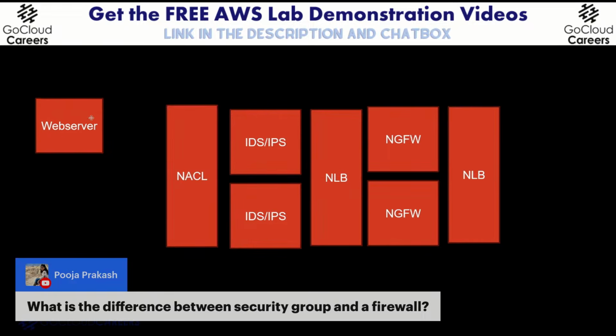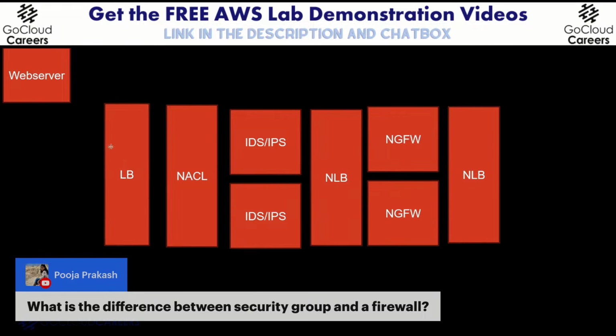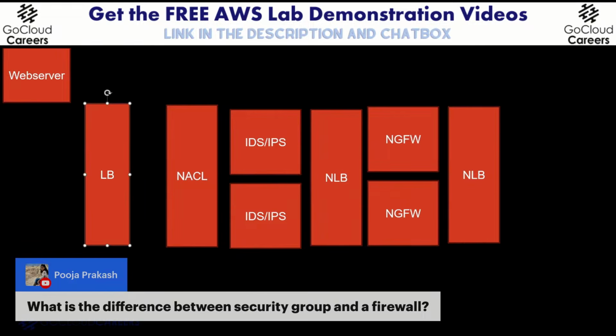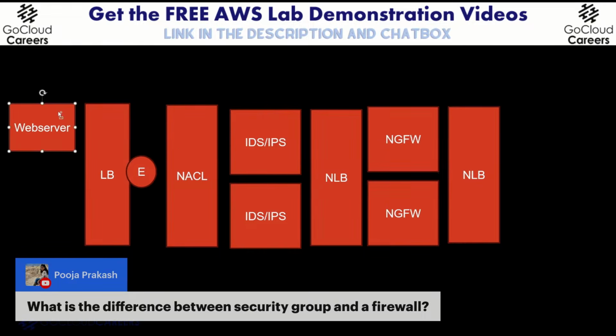And then I'm going to have my web server back here, which is going to be behind a load balancer, right? Because we're most likely going to need more than one. So I'm going to have a load balancer. The outside of the load balancer will obviously need a public IP address because it's going to be reachable from the internet. So we'll call it E for a public IP address or external IP address. And behind the load balancer, we may have web servers. And these are going to be sitting on virtual machines in most cases.